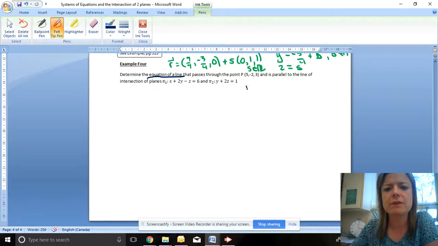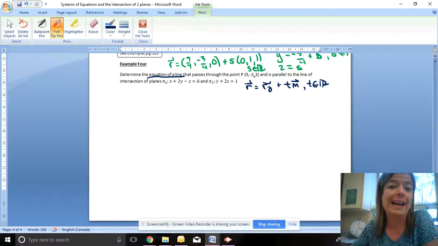The equation of a line, remember, is just r equals r0 plus tm. So really what we need is a point on the line. Well, hello, we already have one. And the direction vector of the line. Well, because the line is parallel to this line of intersection, this direction vector will be